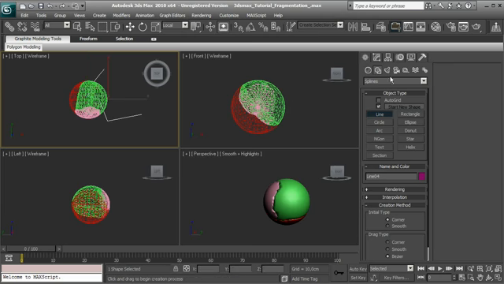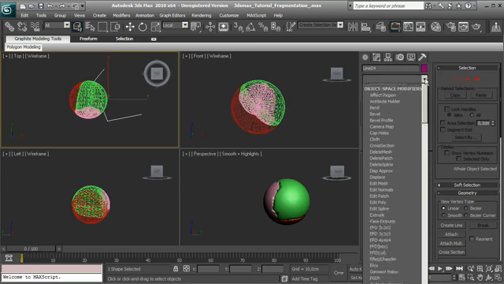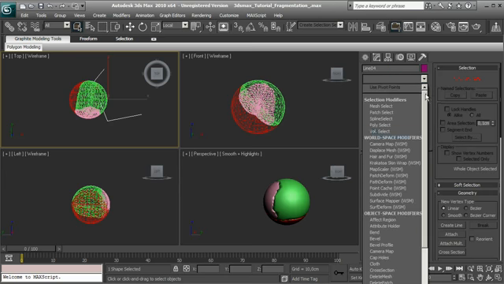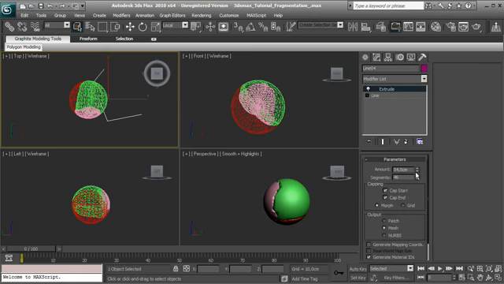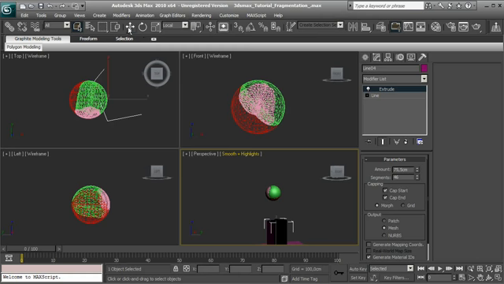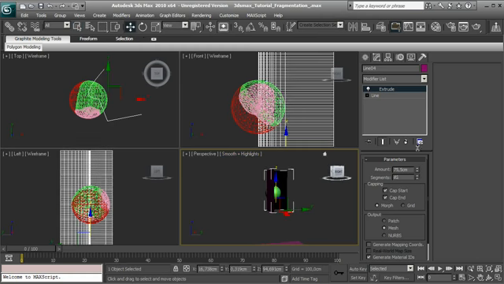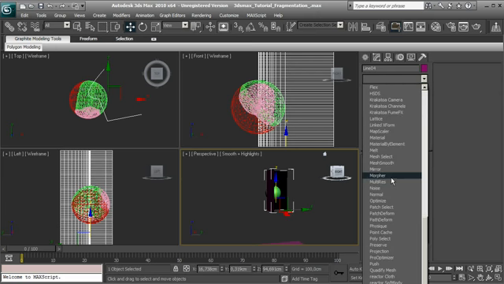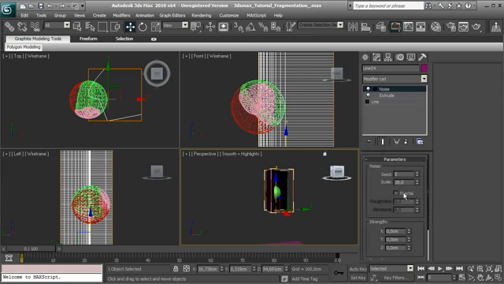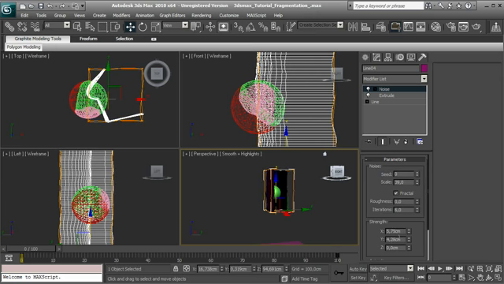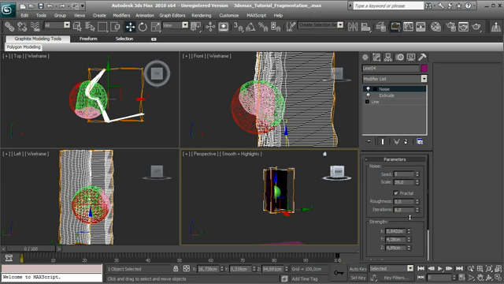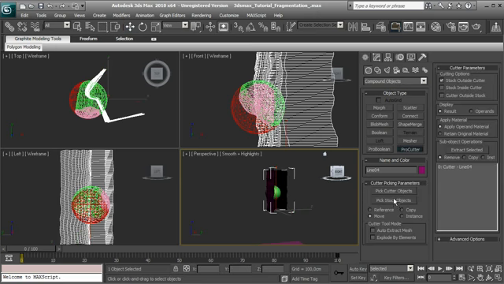another spline like this one, and we go in the extrude, okay, and we have for sure to move there, and we can make more segments, and I select noise again, fractal, and I start to change this one. Okay, we are ready to make another cut, and I go in the compound objects, ProCutter, Pick Stock Objects,